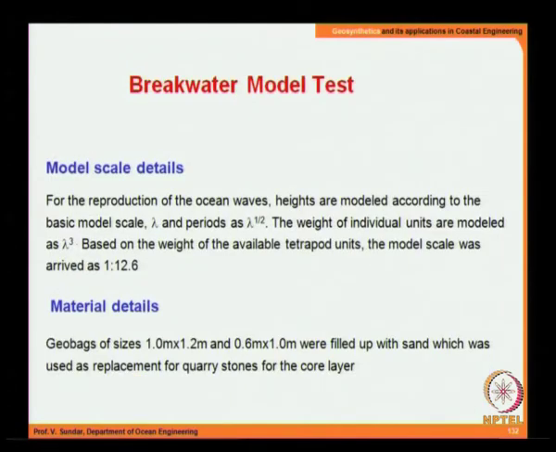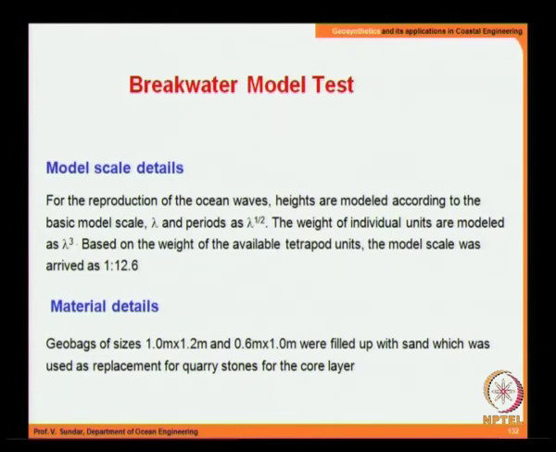For the reproduction of the ocean waves, heights are modeled with a model scale of lambda, and the period will be alpha, lambda into the square root of lambda, and the weights will be modeled as lambda cubed. This I have already mentioned in the lecture on stability of breakwaters, and based on whatever units we have, the tetrapods. So we had used it as